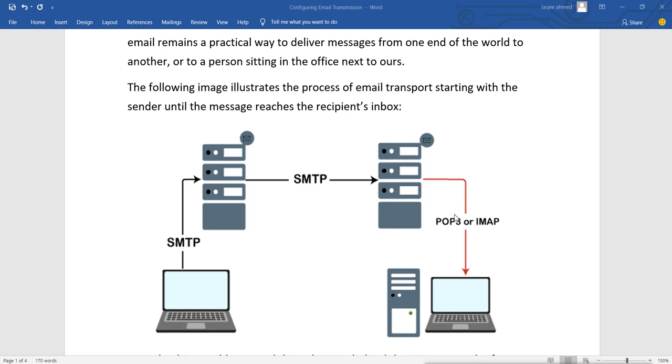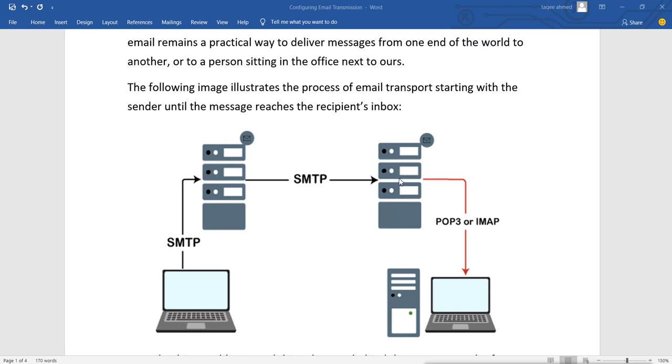The Hotmail user's mailbox is on the Hotmail mail server, and the Gmail user's mail is on the Gmail server. First it goes to the Gmail server, which sees that this is for Hotmail, so it redirects the mail to the other server, where it is stored in the mailbox of that user.